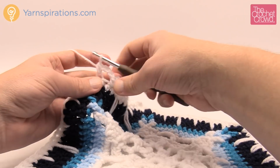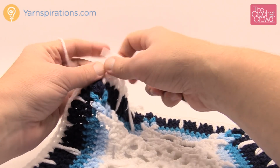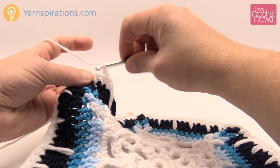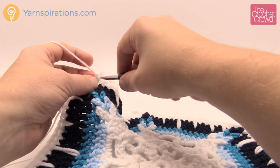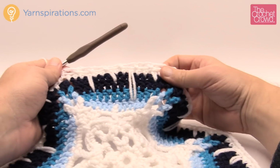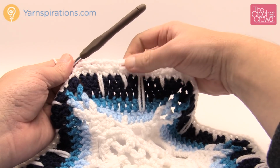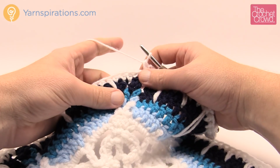Okay, so there's the final one in there. Actually, I never got that properly. I only got 1 thread. I got the front loop only. So let me get both. Okay, so let me just verify that. So I should have 8. So 1, 2, 3, 4, 5, 6, 7, and 8. So that's good. So what I want to do is start attaching to the neighbor, and